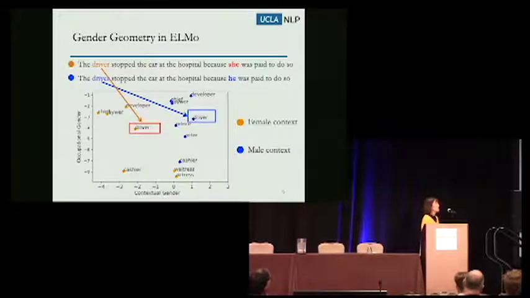To better understand these two components, we project the ELMo embeddings of those occupation words onto these two components. The orange dots here mean there is a female-related word in the sentence. We call it a female context sentence. And the blue ones mean it's a male context sentence. We see that the first component, the x-axis here, separates different contexts. The second component, the y-axis, groups words based on gender, like male-biased words such as developer or driver, which lie at the top of the figure.